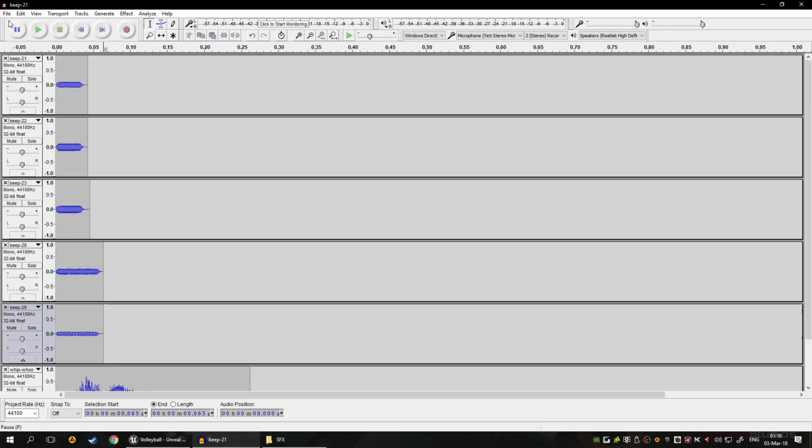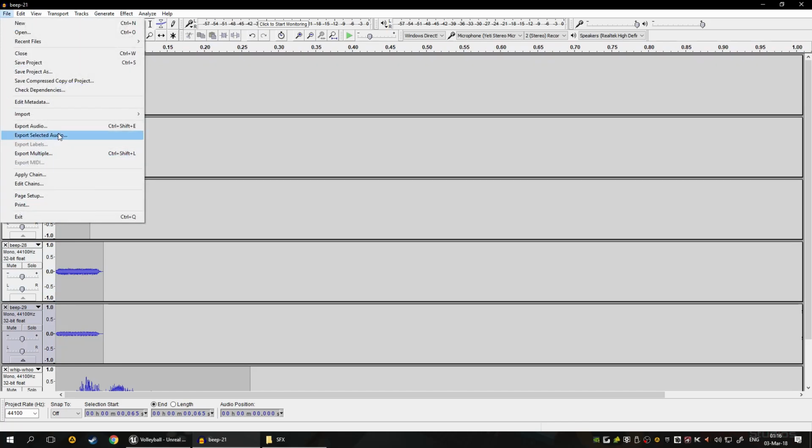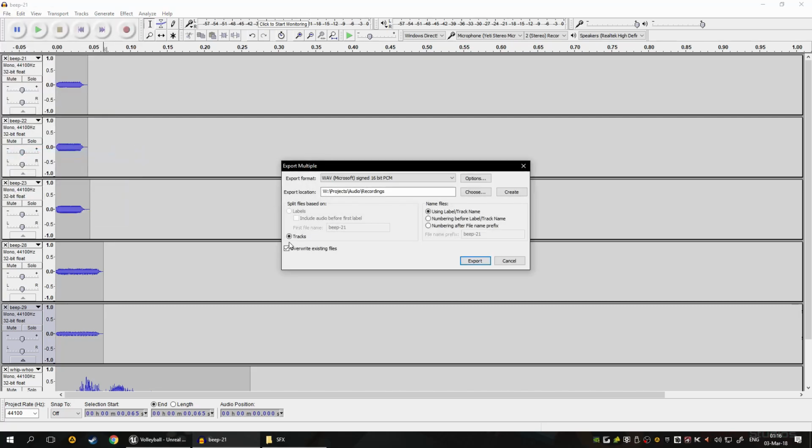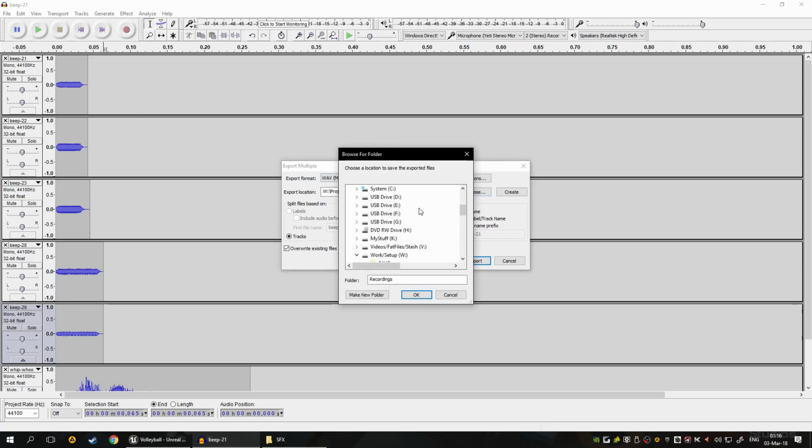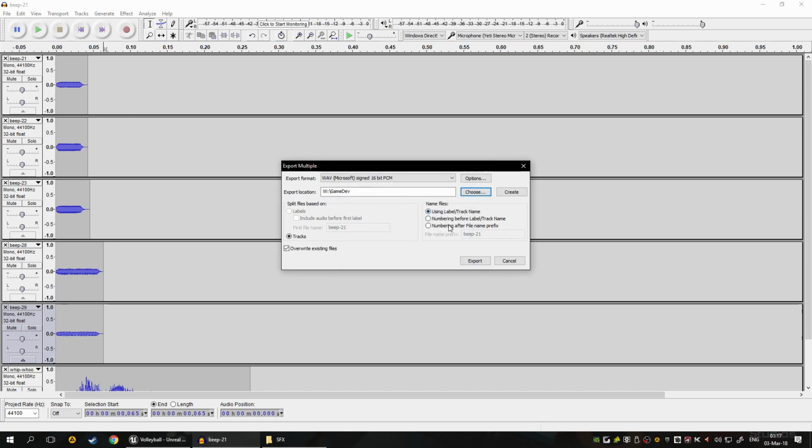Now I'm not going to talk more about Audacity. This is probably as much as you need. So we're going to go ahead and export all of them. We don't want to export the audio. And it's already selected because I did have, I believe, some other situations where I had to use this before. I'm just going to choose the game development folder for now because I want to replace these. All right. I know I'm currently reading these off the hard drive, but I'm just going to replace these anyway. So we're going to export this with,